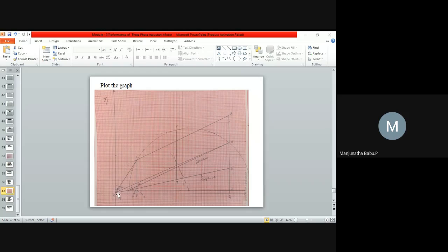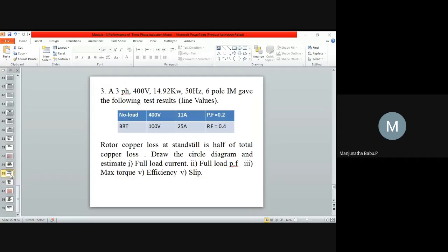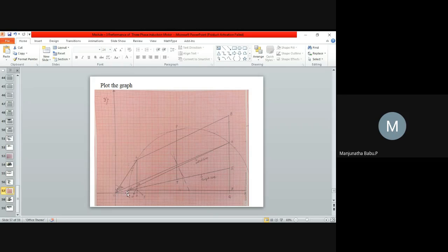Now there, you have to draw a line. So what is the current scale? I naught is 11 amps. Since we are considering 1 centimeter is equal to 5 amps, your no load current I naught will be equal to 2.2 centimeters. So now, from here, extend the phi naught angle line from O to O dash as 2.2 centimeters. Now mark that point as O dash.